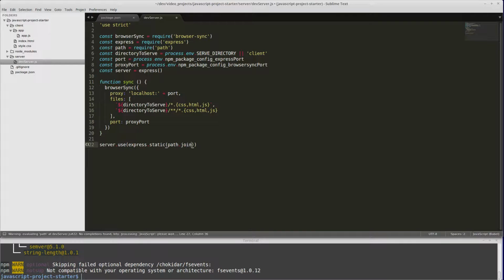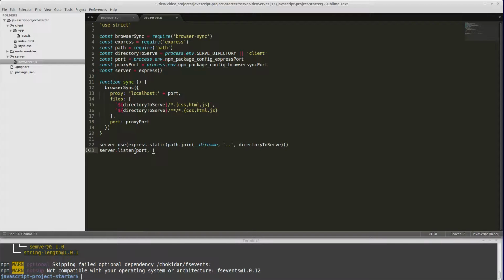We'll say path.join. We use path.join in order to create a proper directory so that the server will understand where it's coming from. It's basically an easy way to create an absolute path to your directory. And you just tell it to join anything that's in your path. Then we'll say server.listen, and here we'll pass in the port,